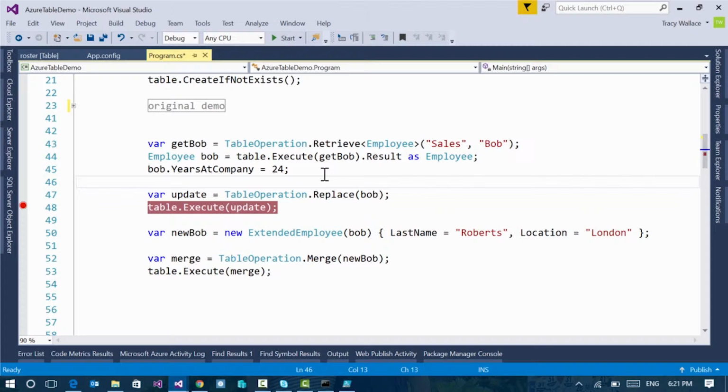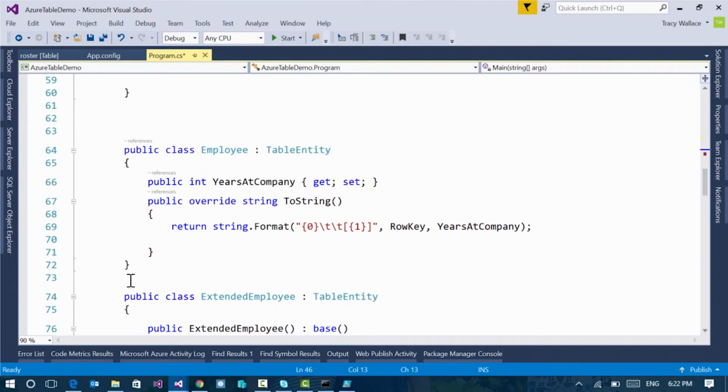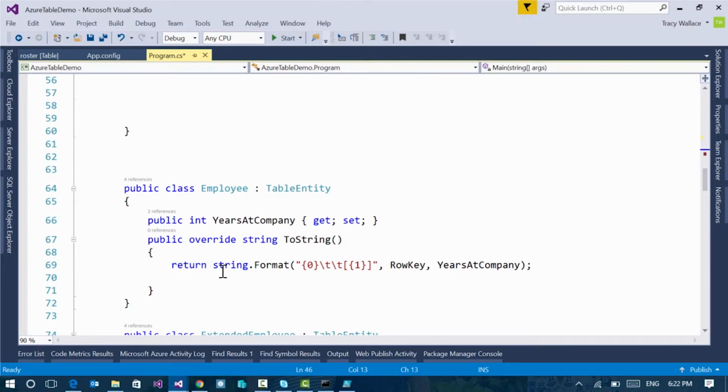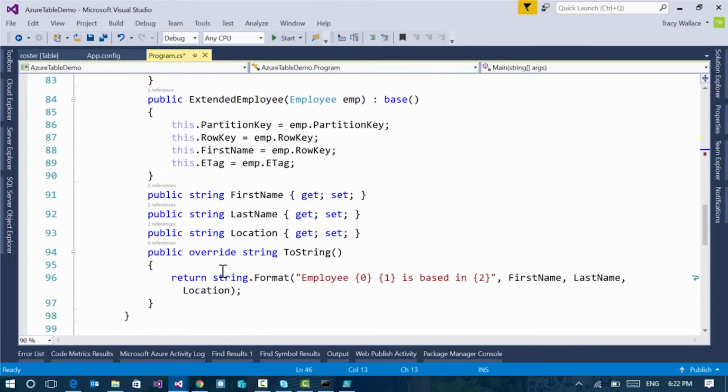So I get the table operation, and then I return an actual employee. All right. Now the employee, remember, that's just a variable type that I created. A class, that would be what that would be. There's employee right there. So I can return that employee, and I can update some information. So I updated Bob's years at company to 24. Now, I also created an additional class called extended employee. So I created this extended employee, which takes the type employee and it adds a little bit of things to them. Okay, so if I look at extended employee,